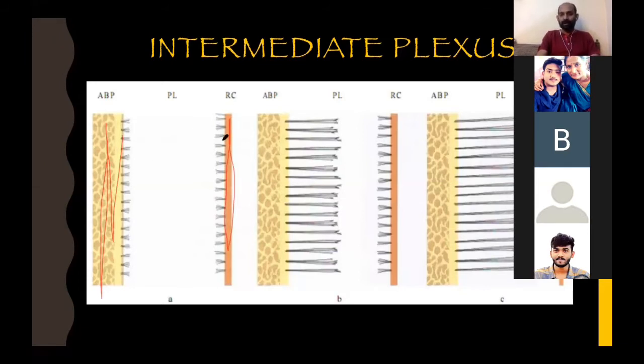Now, your periodontal ligament does not start from here and run all the way from here. It starts as brushes or bristles from the cementum, and it also starts as brushes from this side. Then, in the next diagram, this fiber from this side lengthens more than what happens here. And finally, somewhere in the center, it will meet. If it meets in the center, it is thought that it forms a network in the middle portion where it meets. So that portion was called the intermediate plexus.